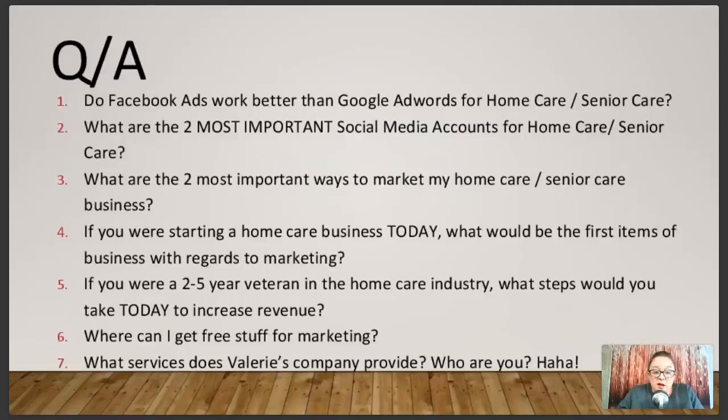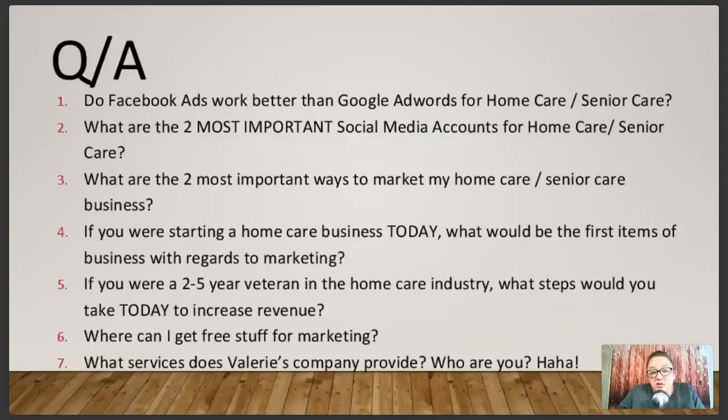The other thing, we've talked about Google AdWords. And by all means, if you use it and you love it and it works for you, don't change a thing. And let me know what you're doing to make it work, because I'd love to know. Okay, so Facebook ads. Let's talk about Facebook ads a little bit. Now, Facebook ads do work better than Google AdWords. The number one reason is that you eliminate those job seekers. So when you do Facebook ads, they are targeted to people who are maybe looking for care.